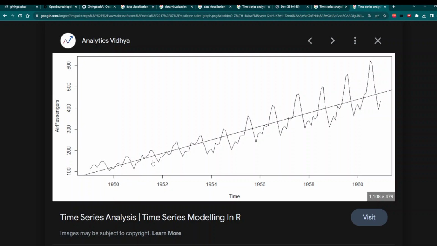If we are able to find the slope of this line from here to here, this slope is also the equation of this line, because as you can see, this is a straight line. So if you have some understanding of the trend, if you have some kind of equation or unit of measurement for the line,